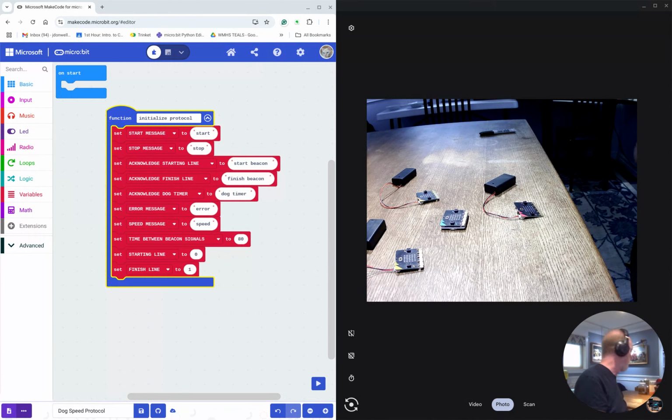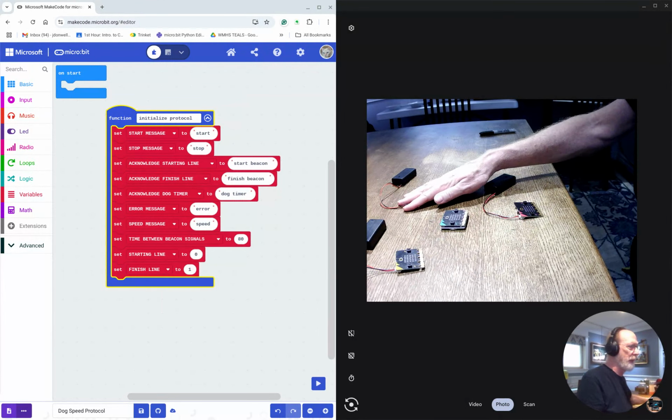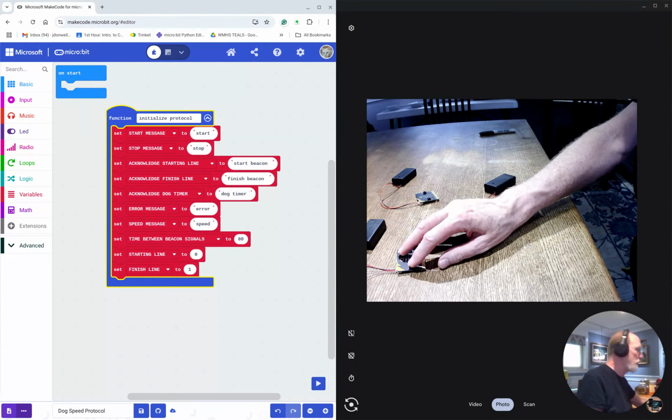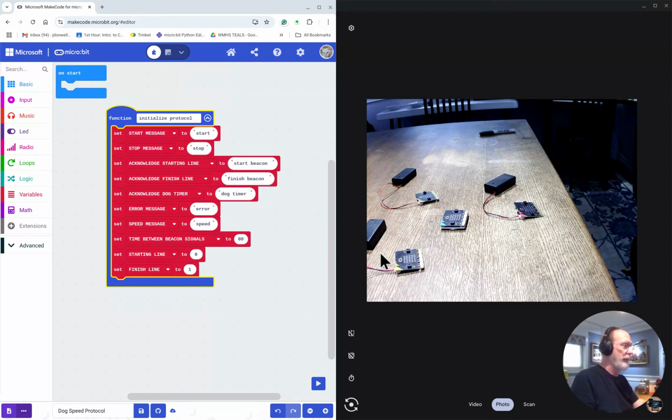Some code for these two beacons to run. They'll be running the same thing. We will use the A button to select if they're a starting line or if they're a finishing line. Now, in the previous video, we created this initialized protocol, and the reason I put it in a separate project is so that I can copy it and paste it. To copy it, we click on it, and then we do a Control-C, and then we go to